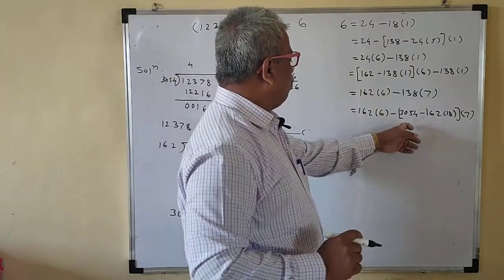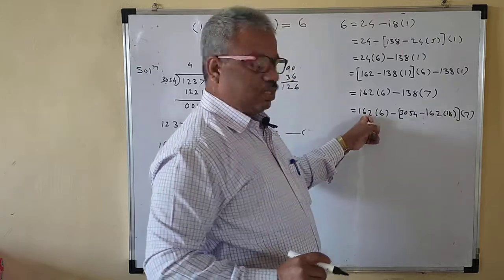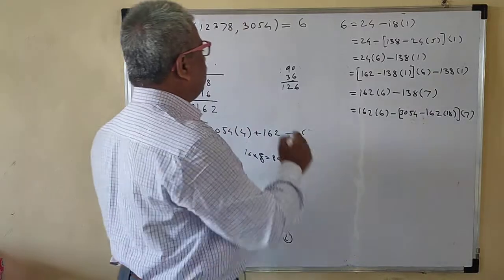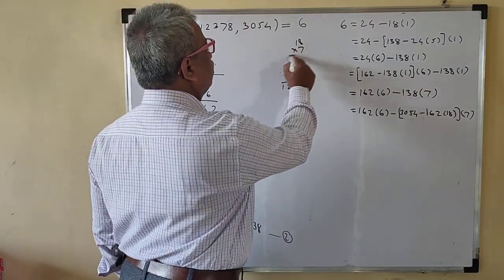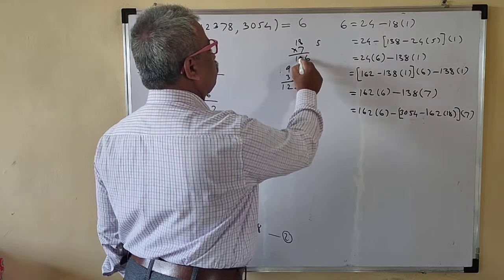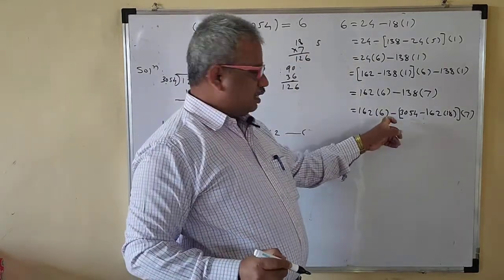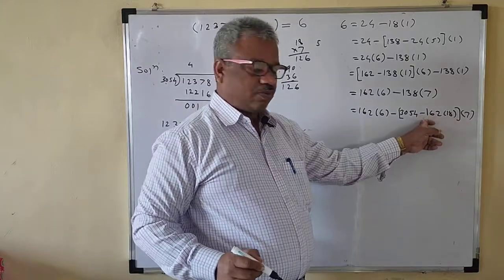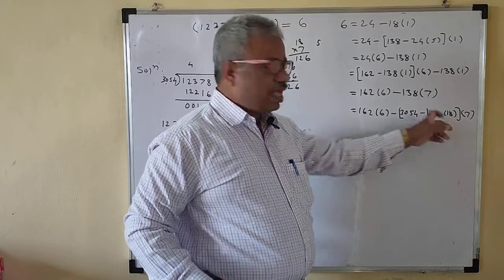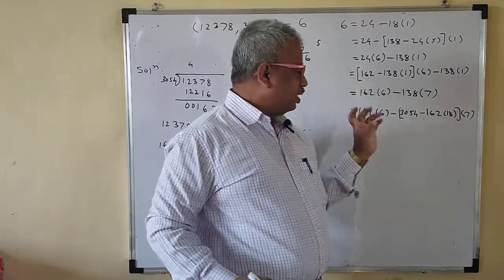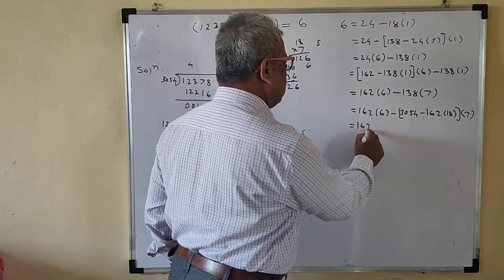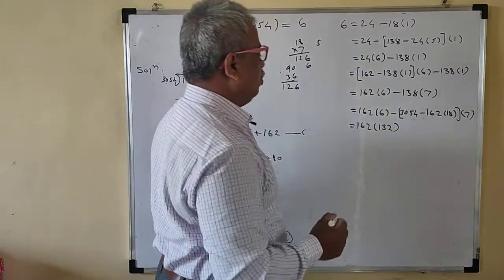Okay, so now we collect this part 162. So 18 into 7. 18 into 7. So this is 56. So this is 12, 126. And 126, this minus 1 becomes plus. So 126, how many 162 are there? 126, 162 are there. And these 6 are there. You have to add this 6. So this is then 162, 132 now. Minus